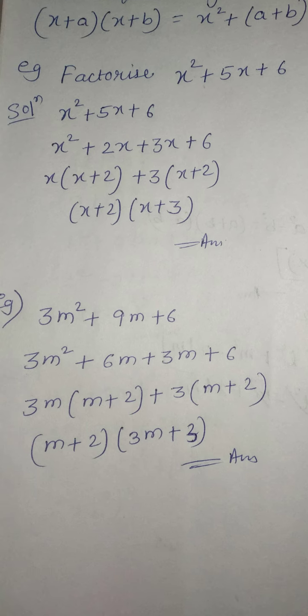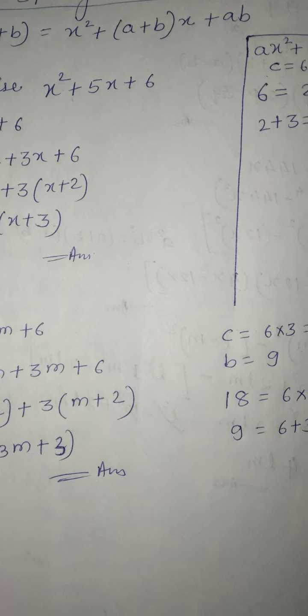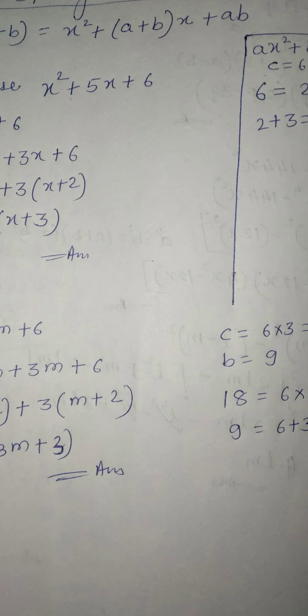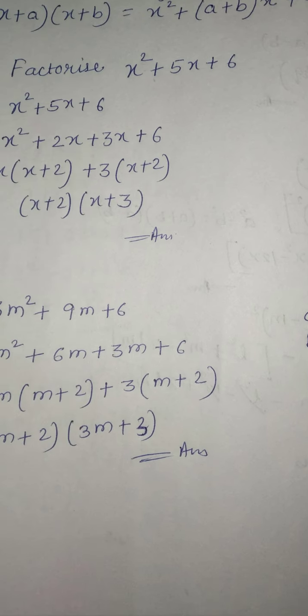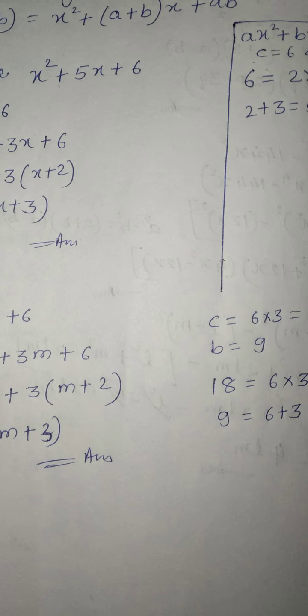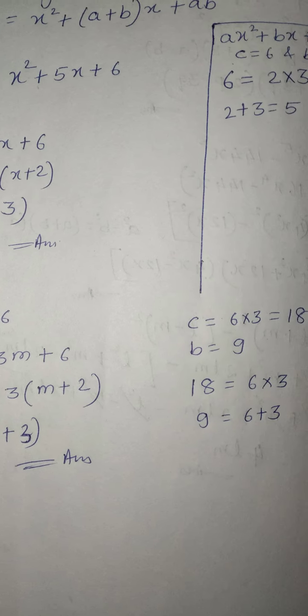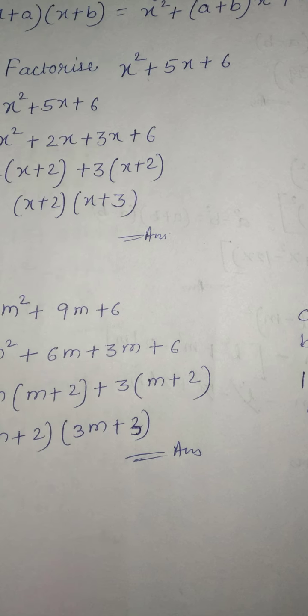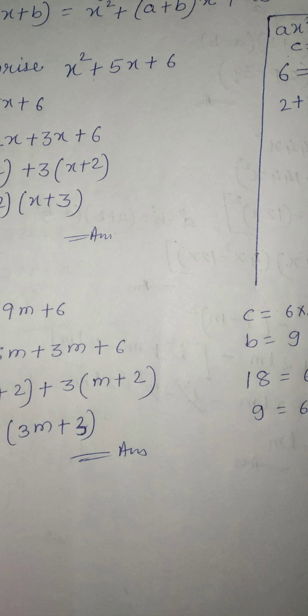Now you see, 6 into 3, what do you get? First term coefficient and last term coefficient. In the first question it was 1 into 6, 6. There I told you directly c is 6, because only 1 is there. But here some number is there, so you need to multiply it. 6 into 3, so c will be your 18. You need to take the product. And b is your 9m, so b is 9 here.